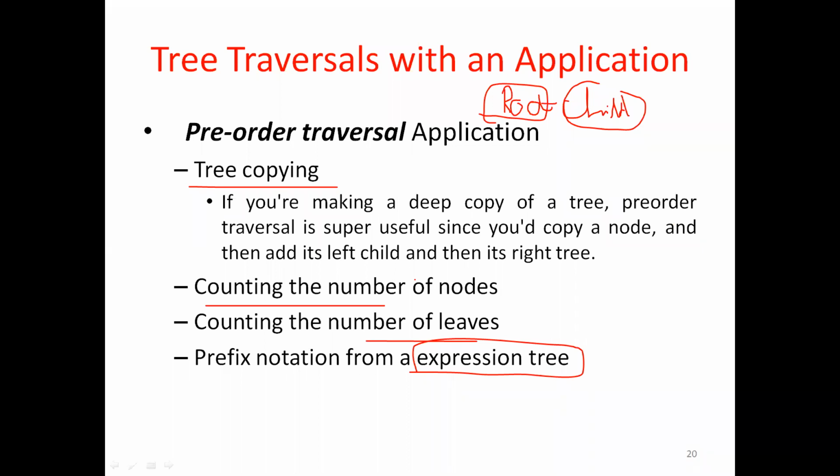What is the expression tree? Expression tree is a binary tree, okay, in which each internal node corresponds to the operator. Yes. Okay, in an expression tree, internal nodes consist of what? The operators. Yes, very good. And the leaf node consists of the operand.